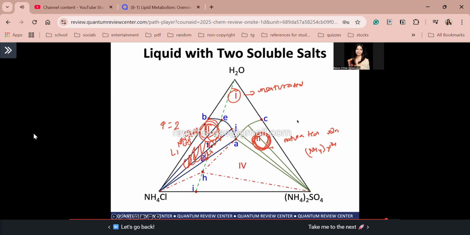At region 3, we have liquid and the formation of ammonium sulfate crystals, because again, our ammonium sulfate is already saturated. Again, our product at region 3 is the same: liquid and the formation of ammonium sulfate crystals, because our ammonium sulfate is saturated. Lastly, for region 4 here, E is equal to 3. So, it consists of solid ammonium chloride,